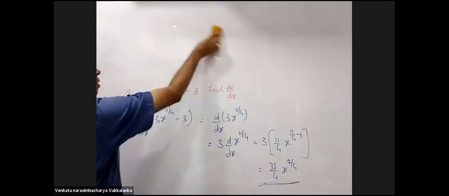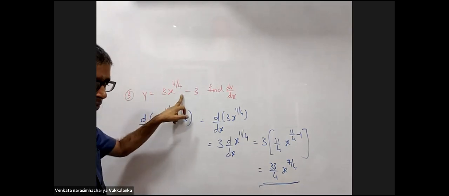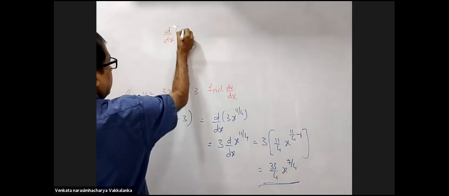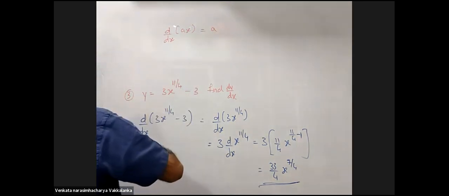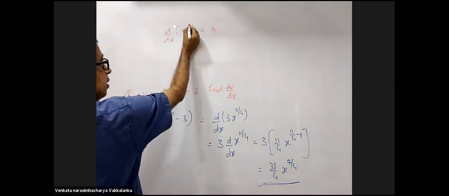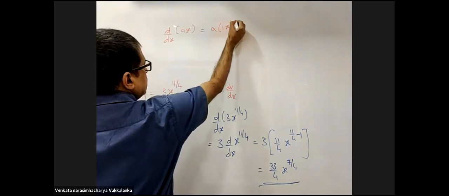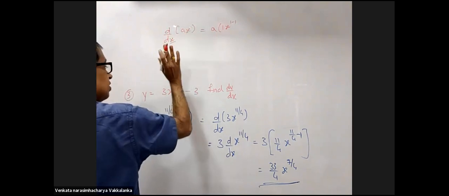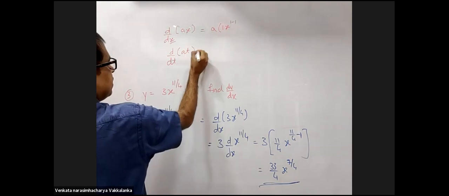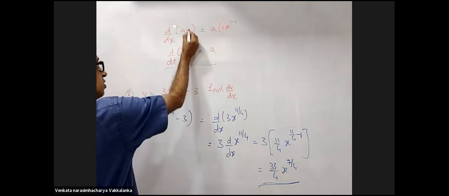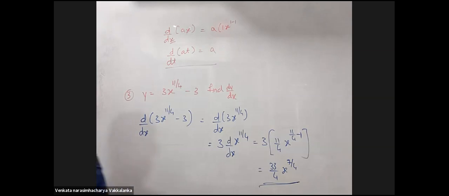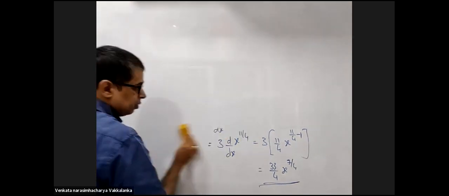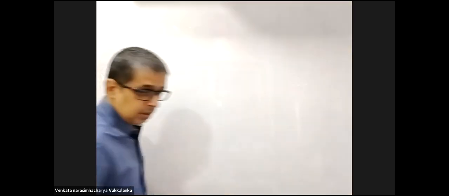Could you explain the part that you rubbed just now? d by dx of ax will be a, because x is to the power 1. You told me with respect to x only, so for d by dt, at will be a. Here I have x, I cannot differentiate with respect to time. The dynamics will be different, and will be explained in 2 lectures from now. Okay, sir. Thank you.